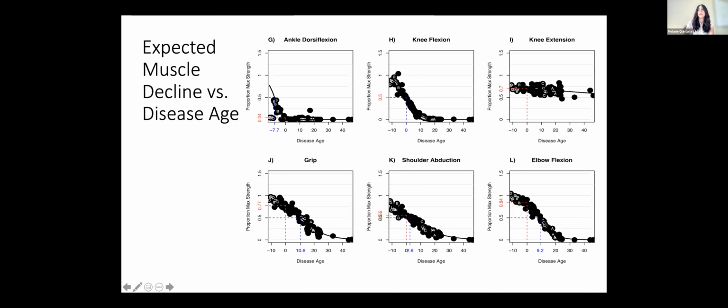One thing to note here is that the knee extension never quite reaches its 50th percentile and stays relatively flat. And so when we showed these results to our clinical collaborators, they said this had a lot of face validity to it, in that this originally was known as the quadriceps sparing disorder, and that individuals would still have some amount of strength over the entire course of their disease and in their quadriceps. So this was quite expected, that the knee extension would decline somewhat, but remain relatively flat.